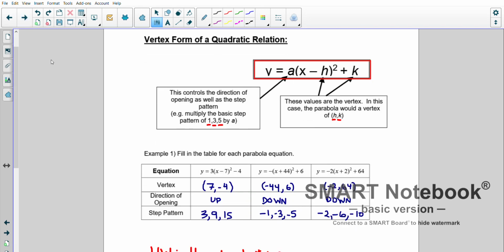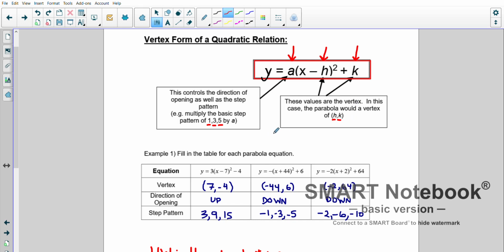So, in summary, we have the vertex form of a parabola. The general equation is this: y equals a, x minus h squared plus k. And these are the three things that we did. Well, we added or subtracted a number here, we added or subtracted a number here, or we multiplied a number here. So in general, we call this an a value, this an h value, and this a k value. And what we wanted to observe is that this h value and this k value actually make up the coordinates